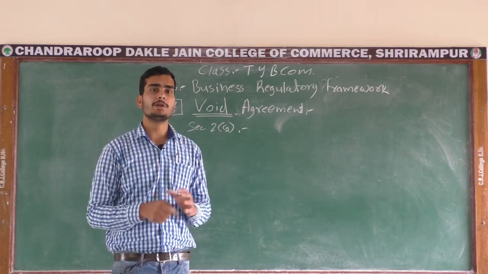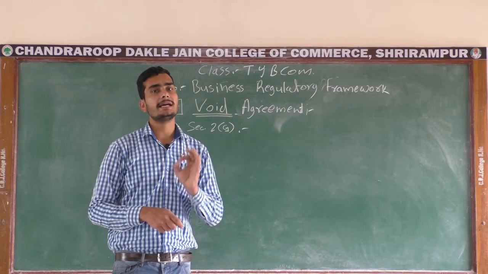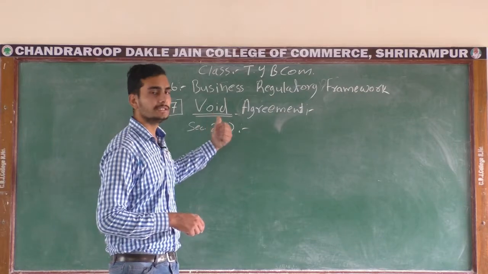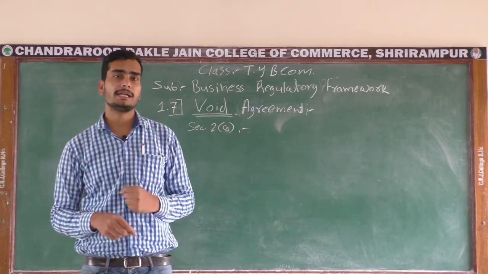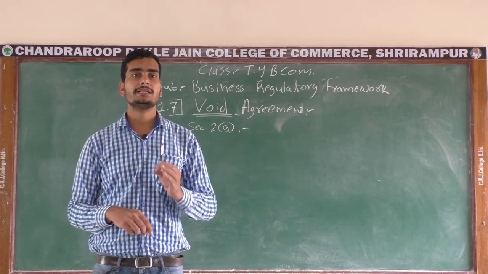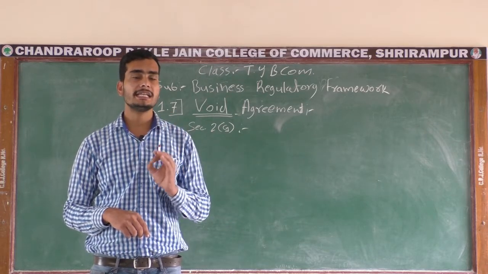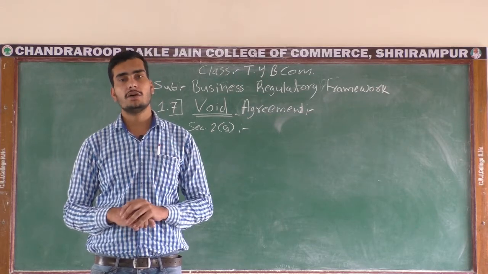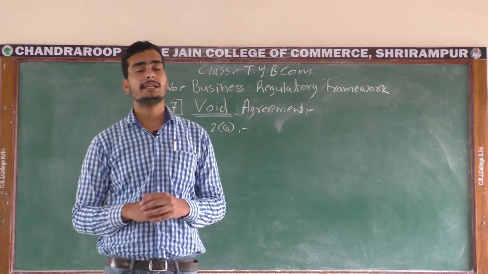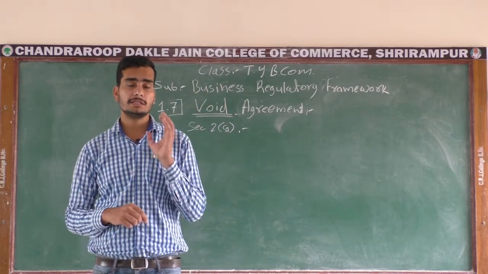Whenever any type of agreement or contract is not able to fulfill the actions undertaken by any law, that contract or agreement is considered void. Void is a very basic element you have to understand whenever you are making any contract or agreement. We have to understand which type of law or section makes an agreement void. As per the Indian Contract Act 1872, there are 10 types of void contract